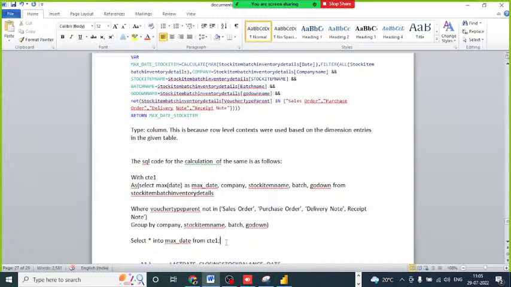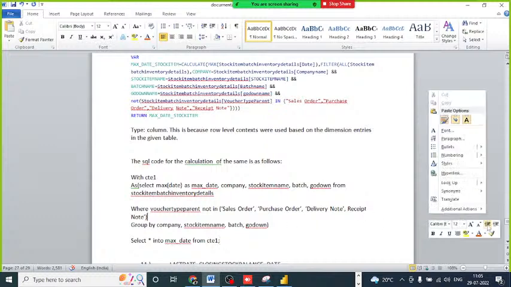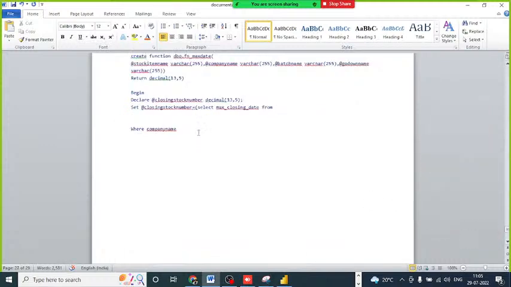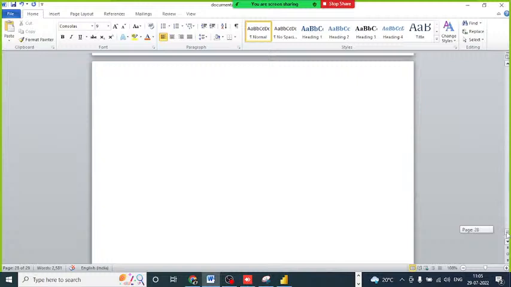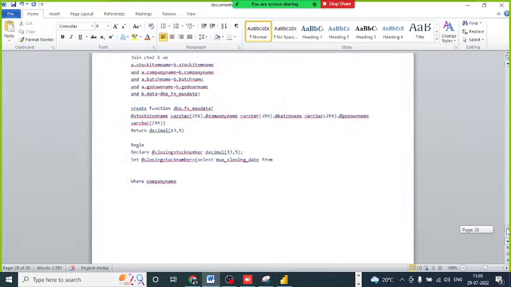So we can make a permanent table also. अच्छा, okay. Stock item batch, sorry, max closing date from max underscore date जो ऊपर गई थी टेबल,